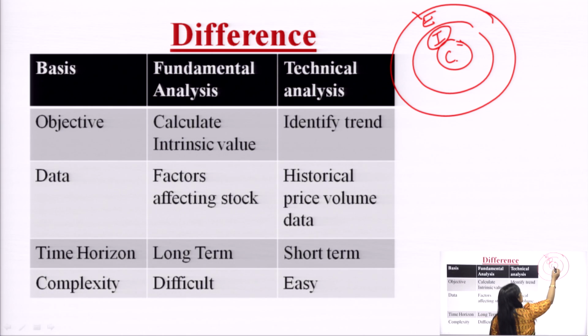Then there are the company related factors. Company related factors like management, like at what price they are purchasing their raw material, what salaries and overheads they are paying. So this is also impacting the company. The sum total of these factors is affecting the security returns.